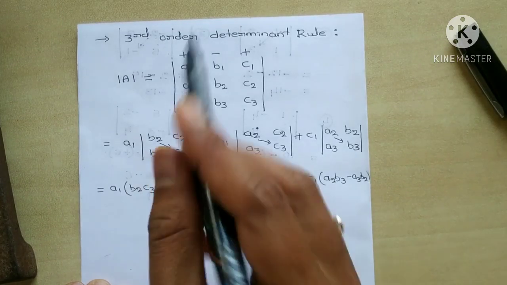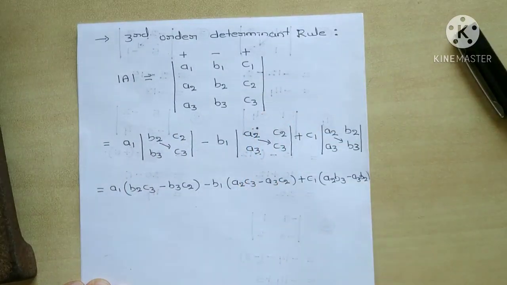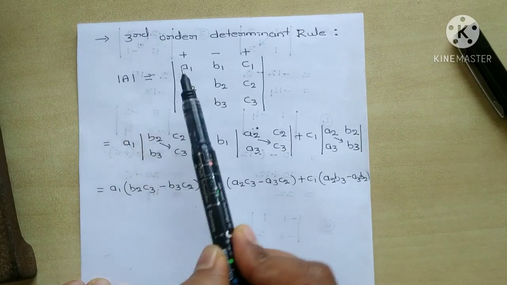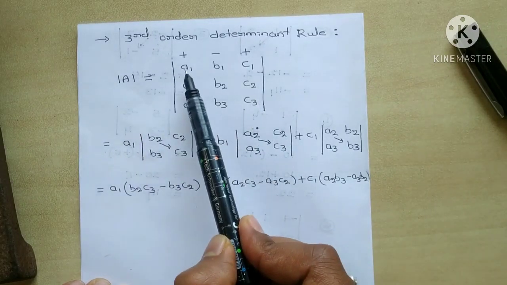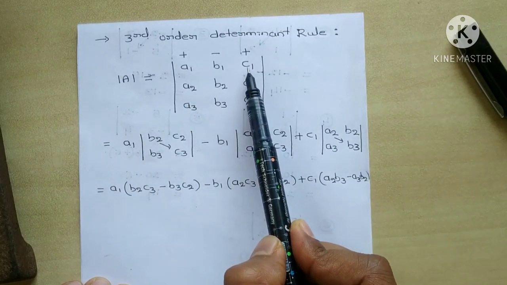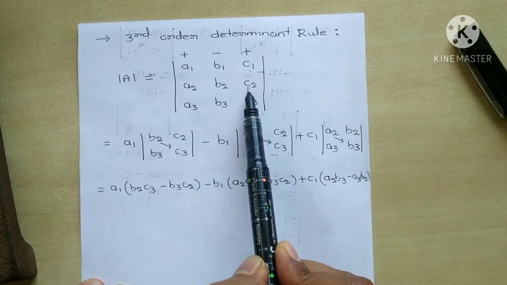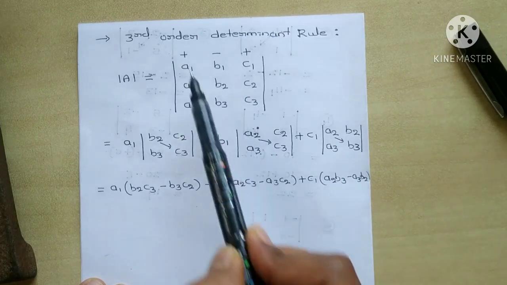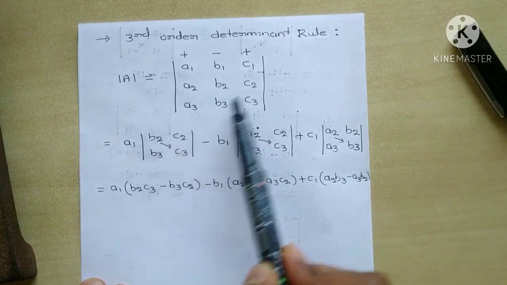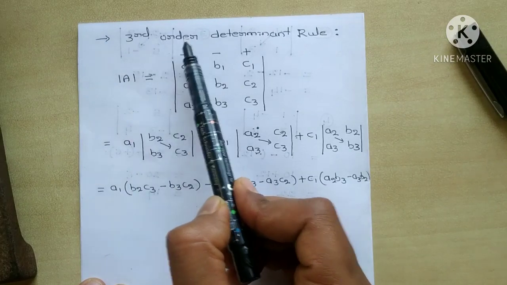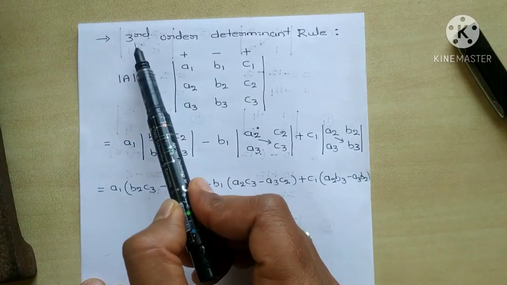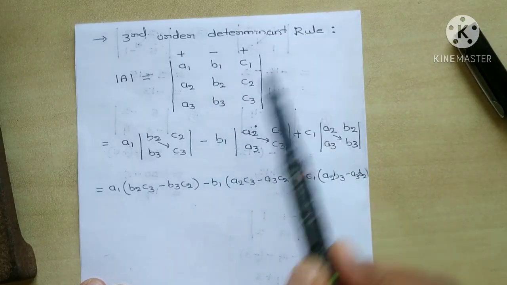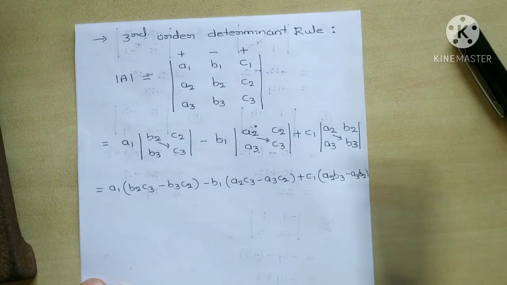So next comes third order determinant rule. So this is one general example. Determinant of A is equals to A1, B1, C1 first row, A2, B2, C2 second row, A3, B3, C3. Here 3 rows, 3 columns, correct? So that's why it is called what here? Third order determinant. So to find out third order determinant value, some rule you need to follow. So what is that rule? So remember,